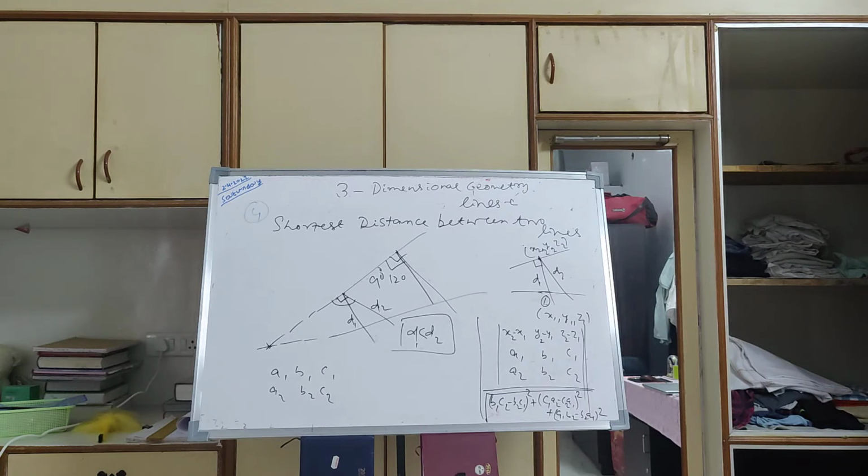Okay, so if we solve one numerical, we will understand it better. Let us solve one numerical. Find the distance between two lines L1 and L2, whose vector equations are